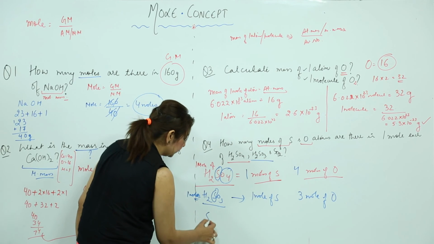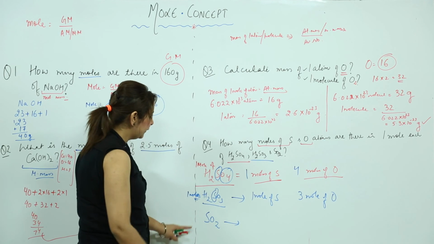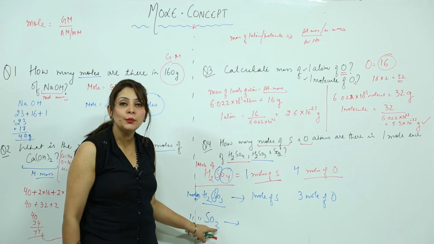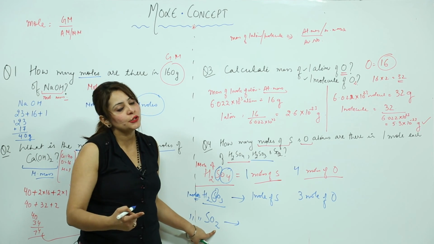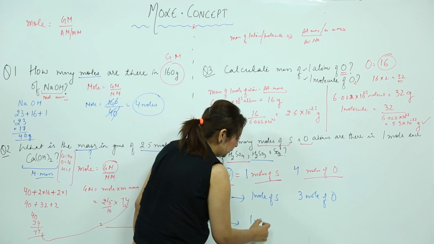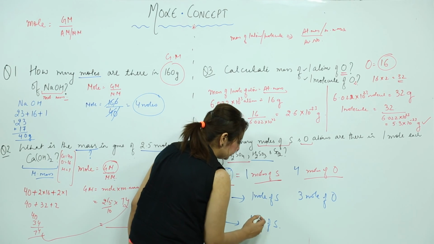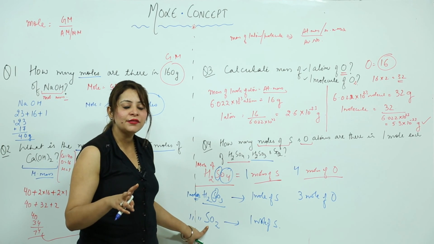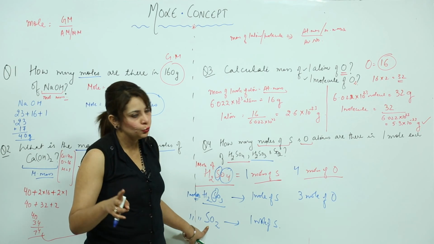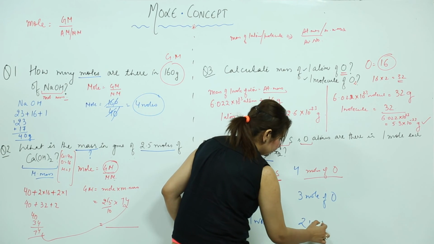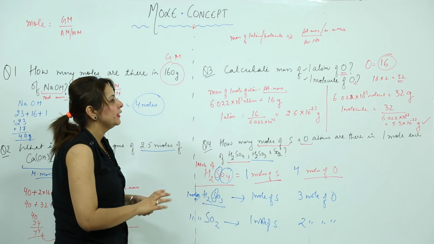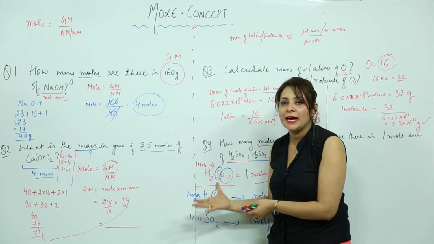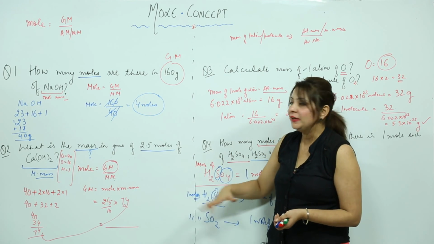Likewise we have a third part, SO2. If I again say we have 1 mole of SO2, how many S do you get to see in this one molecule? 1 S. So that means 1 mole will also have 1 S, so 1 mole of S. And for O, one molecule has 2 O. So obviously if I talk about 1 mole, it is going to be 2 moles. So this is how you need to answer these questions in the same way. We are not limited to only these types, we have a few more types. Now I am taking up another type, just look at the